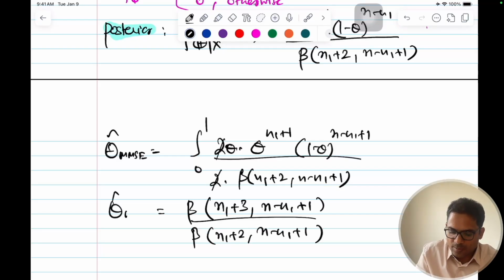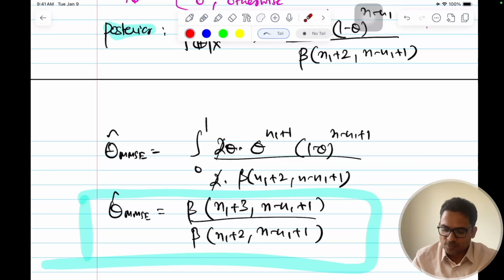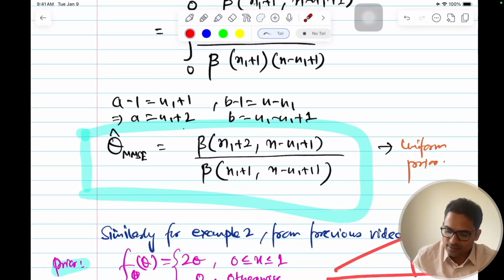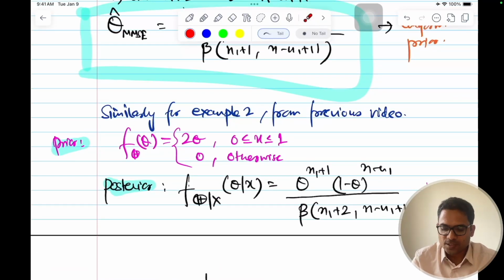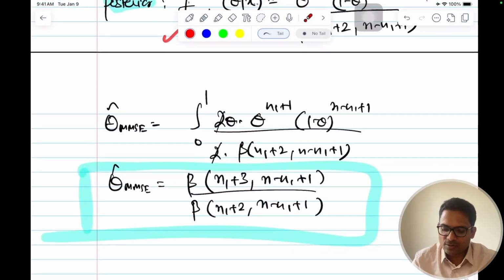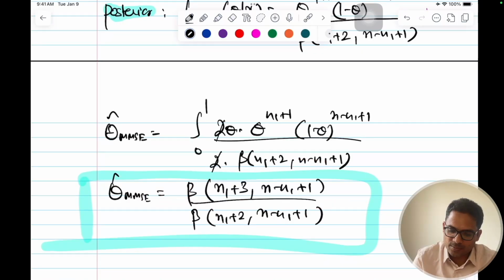So this is your theta MMSE, that is minimum mean squared error estimate. This is your estimate. Okay, I hope this is clear. So this is for the biased case, where theta is more biased towards 1. You remember this was y is equal to 2x, or f of theta is equal to 2 theta. As you go towards 1, this is more biased towards 1. That was the distribution of that theta, and the other was uniform. This is your minimum mean squared error estimate, different from the uniform case. This is for uniform prior, and this is for biased prior,